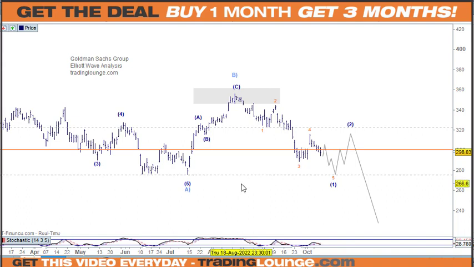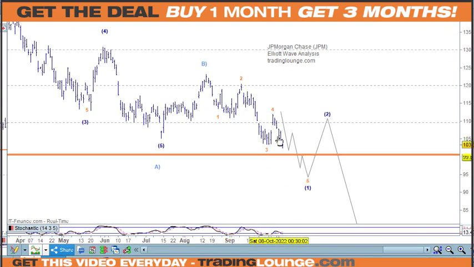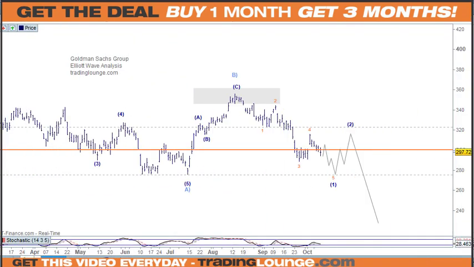This one here has already made new lows, so it's kind of the leader to the downside. So you don't want to trade the strong ones, you want to trade the weakest bank you can find, basically. I don't know all the banks in the US, but I'm sure these 3 are probably the strongest, but the weaker ones are what you want.